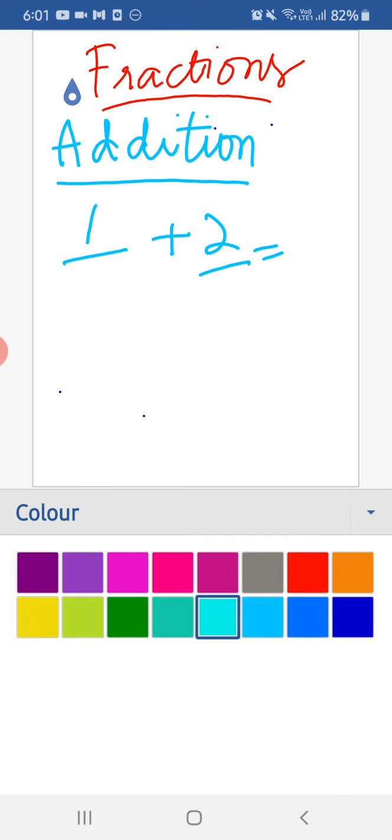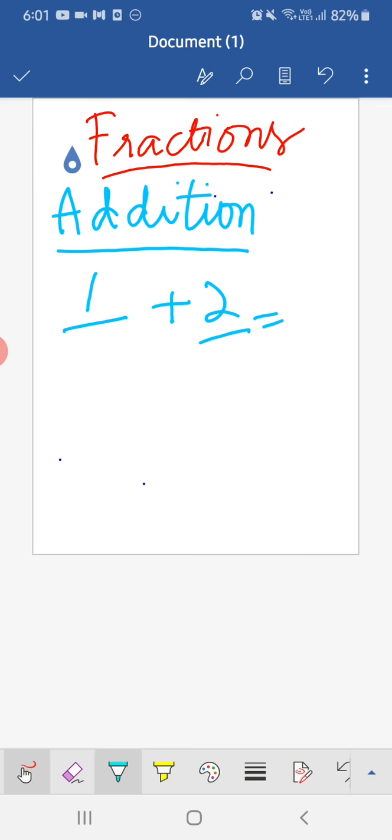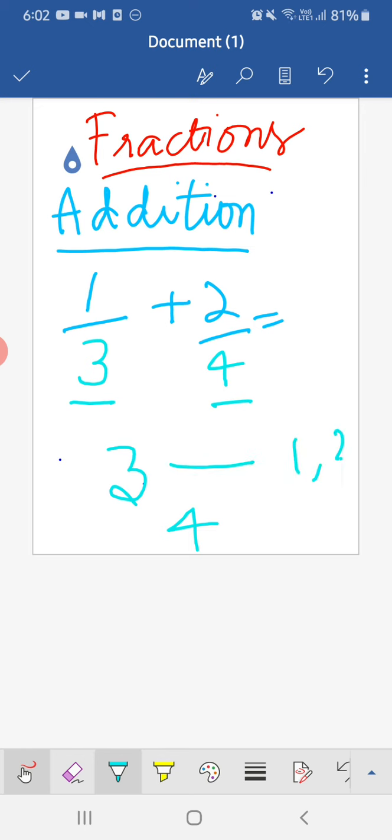My other situation is, suppose I take 1 by 3 and 2 by 4. Now what you can see here is that 3 and 4 are the denominators, but they are not the same. That is why we need to take the LCM, and if you take the LCM the answer will be 12, right? 3 into 4 is 12. Now one more thing I want to tell you. 3 and 4 don't go in each other's table. The factors of 3 are 1 and 3, the factors of 4 are 1, 2 and 4, correct? Except 1, they have nothing in common.